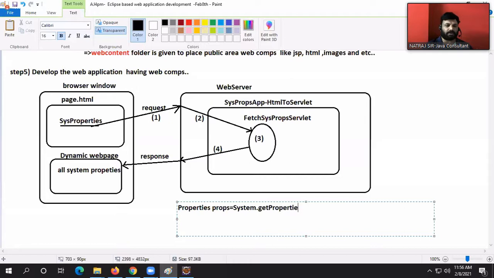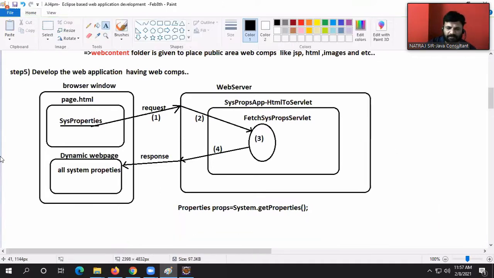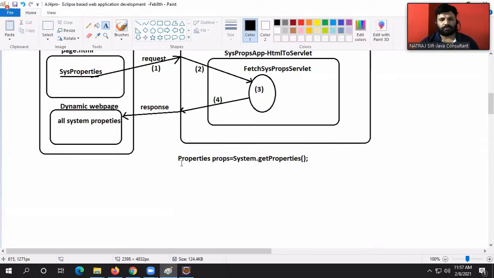System.getProperties. Properties props is equal to System.getProperties. Are you getting my point there or not?